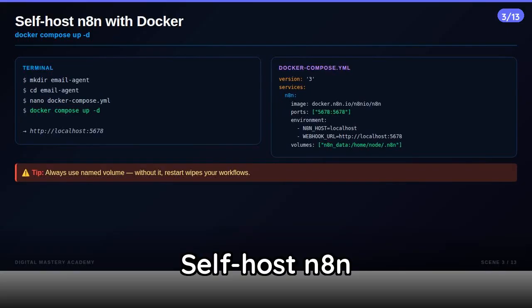Open your terminal and let's self-host n8n with Docker so we own the data and avoid n8n cloud's execution pricing. Create a project folder with mkdir email-agent and cd email-agent. Inside, create a docker-compose.yml file with the following content: version 3, services, n8n, image docker.n8n.io/n8nio/n8n:latest, ports